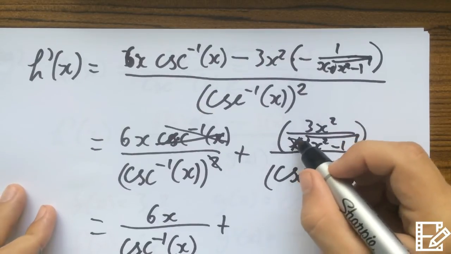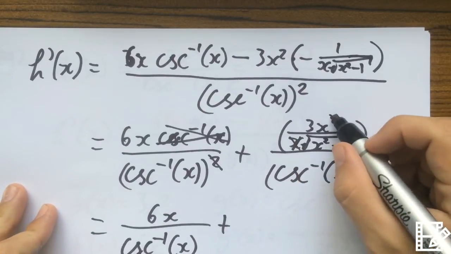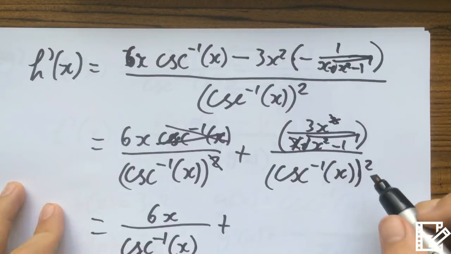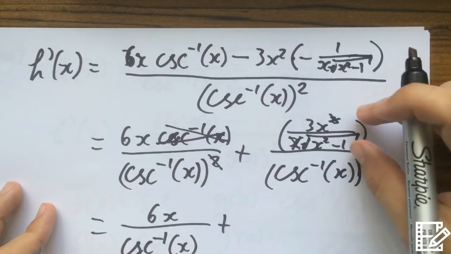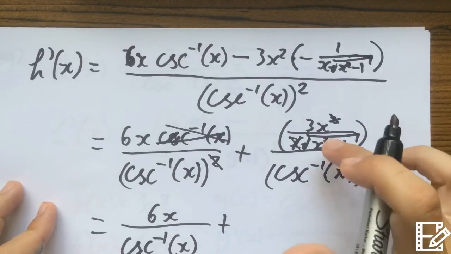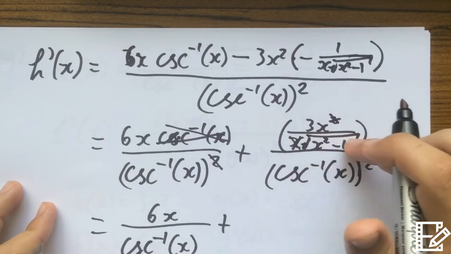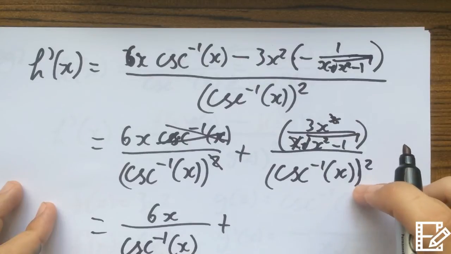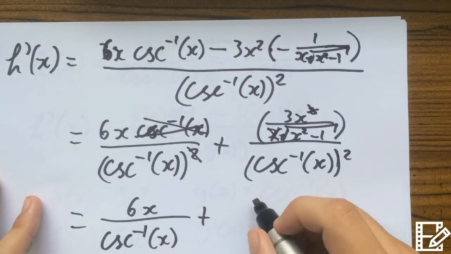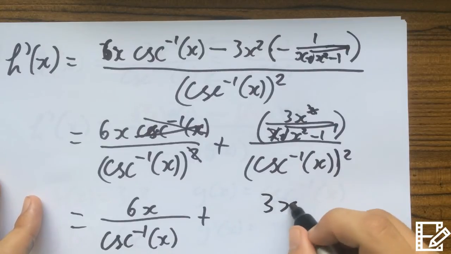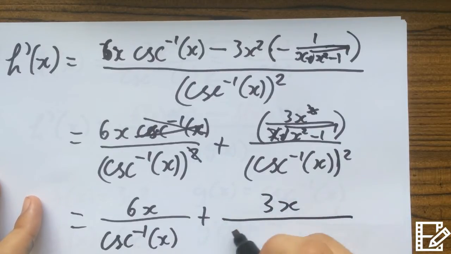There's only one x that we can get rid of on the bottom, and we can get rid of one on the top. Also, just like in the previous question, we had a fraction on top of another fraction, so we can move the bottom part of the inner fraction onto the bottom part of the outer fraction. Now, I hope that doesn't confuse you, but what we'll have is